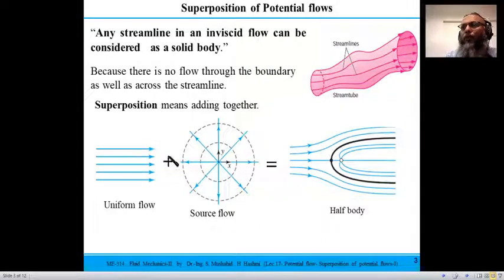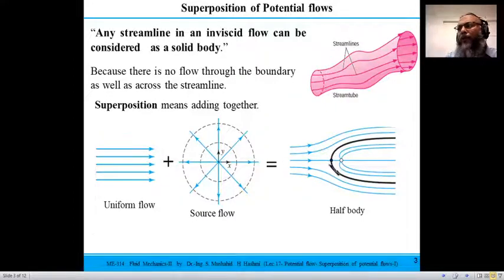This streamline is going, but here the source is stopping them. So you can think of one of the streamlines here, which I have shown in black, that would act as a solid body. So you can think of the uniform flow passing over the body like that. And this point is actually the point where the source is emanating. And you can see that the source is coming out, and since the flow is coming out from that side,